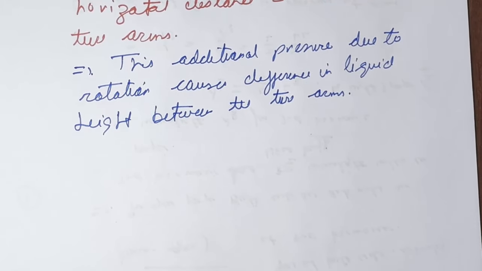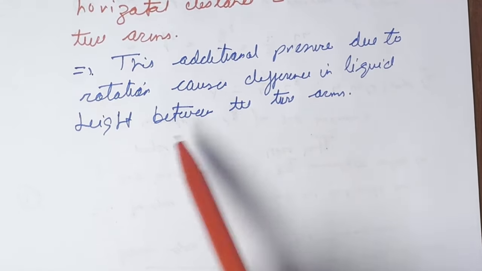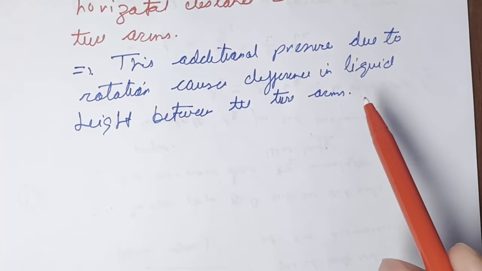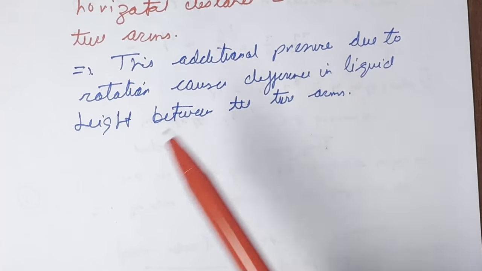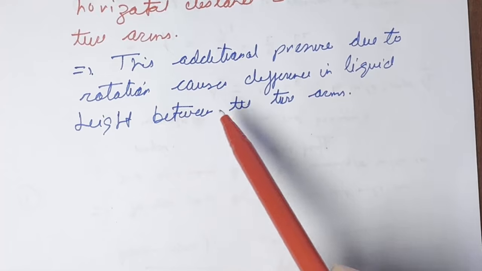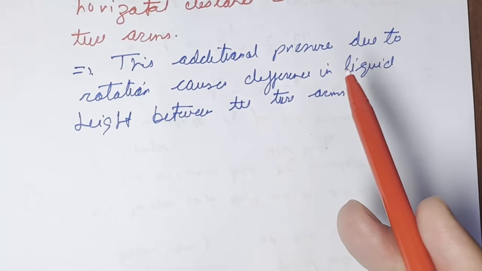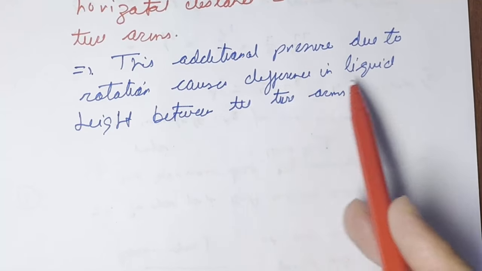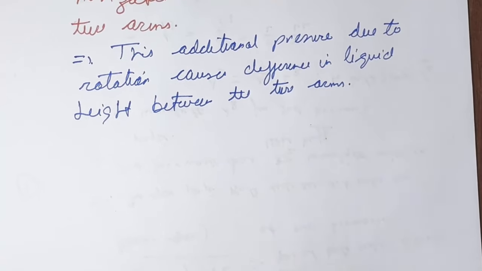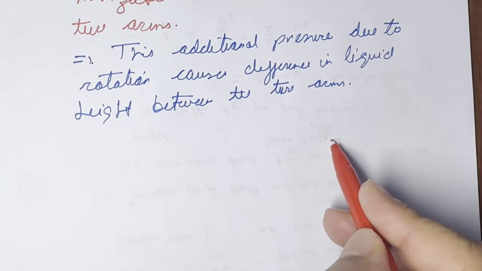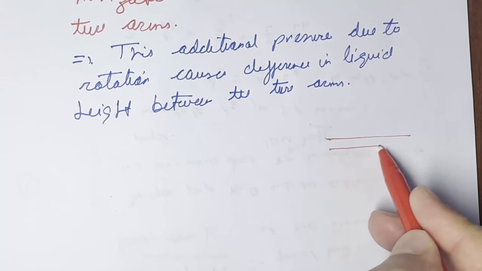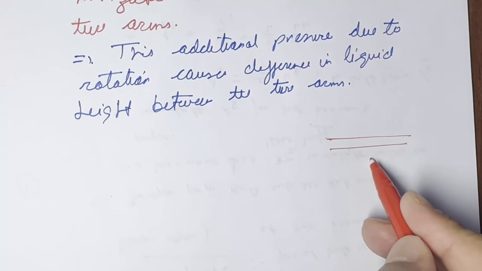So in this case, we are not going to actually calculate the difference in the liquid height, because whatever difference in liquid height will be there, it will be resulting in additional pressure. So we are going to calculate the additional pressure that will be the representation of the difference in the liquid height. Okay. So let us consider a horizontal arm, and that length of the horizontal arm is given as L,